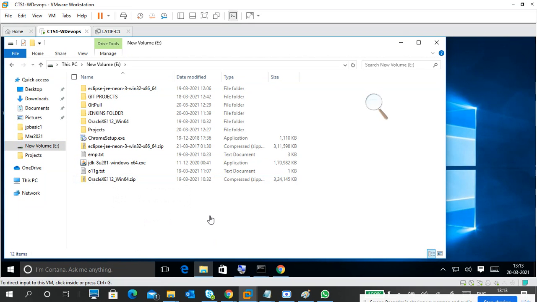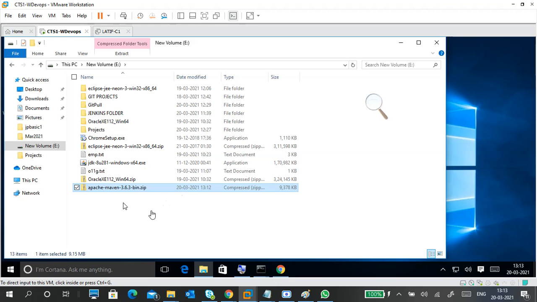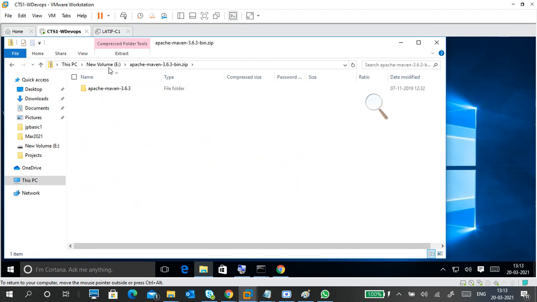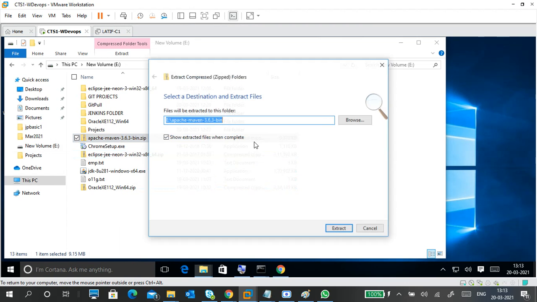I will show you this with Eclipse or NetBeans. If I can't do it with Eclipse, then I can show you in NetBeans. So I'm copying to my PC first of all. It is a very small one. I am going to extract this one. Extract all.